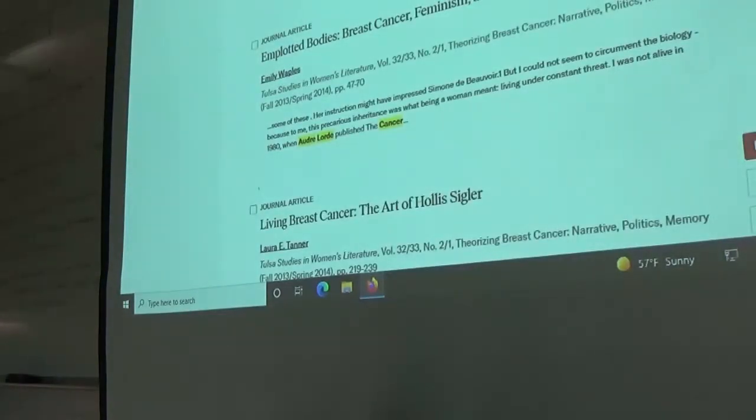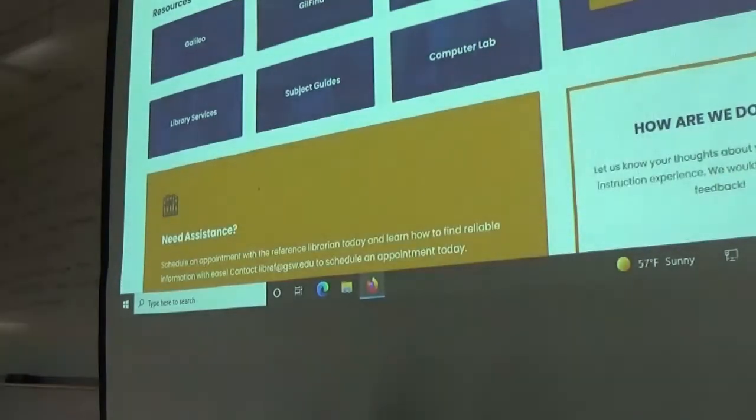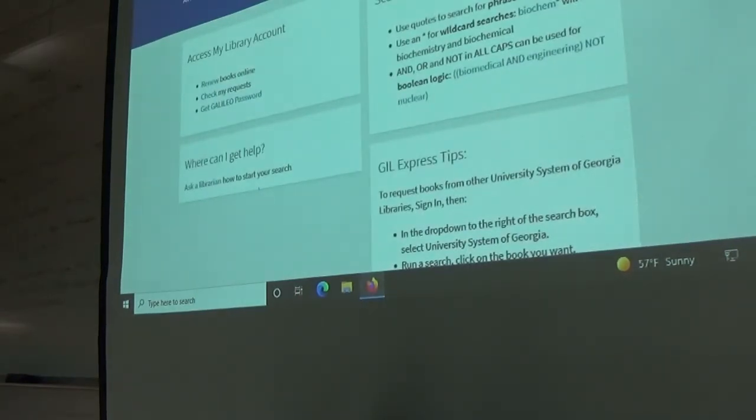Okay, so any questions about JSTOR? Everybody pretty much got this? Okay. You also are not going to want to completely ignore scholarly books, right? Now I know that our library is a little bit limited, that we don't really have a whole hell of a lot on the shelves. That's just not where our budget goes. But you do have access through the USG to what amounts to a really good academic library, where you can get just about anything you need.